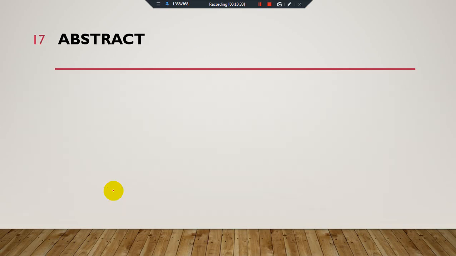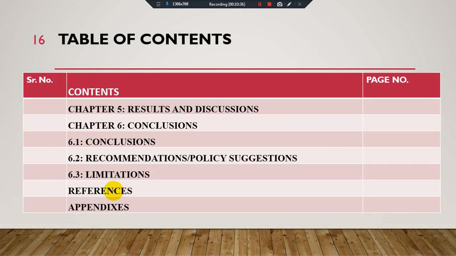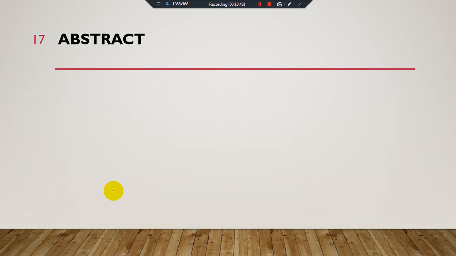Okay, let's start our detailed discussion. Before the table of contents, all the material is a set pattern which is normally available at the photocopier shop of any department, but from the abstract you have to write things by yourself. So no one can help you with a set pattern for the abstract. But the abstract has some structure: you have to complete your abstract between 250 to 350 words, not more than that. It is a standard size for MSc, BS, MPhil and PhD scholars at the same time.